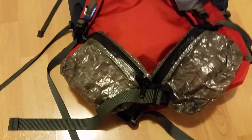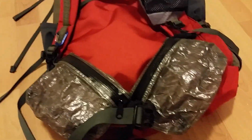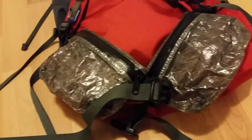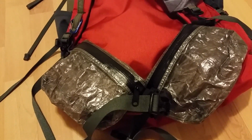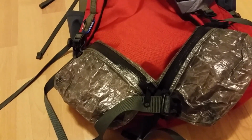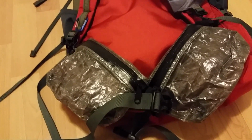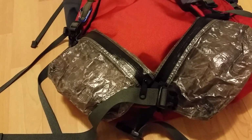The other thing is that I also added hip belt pockets, because this pack does not come with hip belt pockets. I had contacted Joe from Z-Packs to see if I could get his made, or get them custom made to fit this pack a little bit better, because I've got a long distance backpacking trip coming up. I was trying to see if he could get them to me in time, and he wasn't able to. So I ended up going with